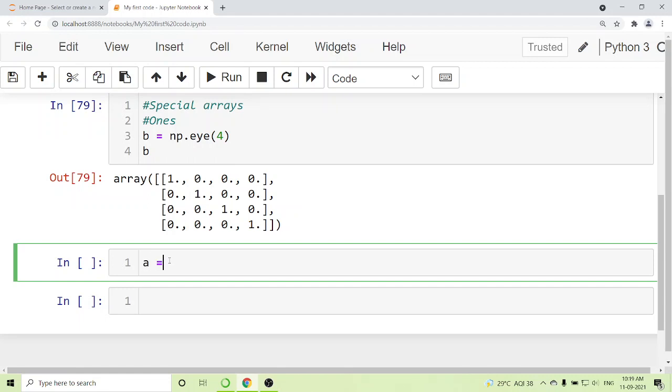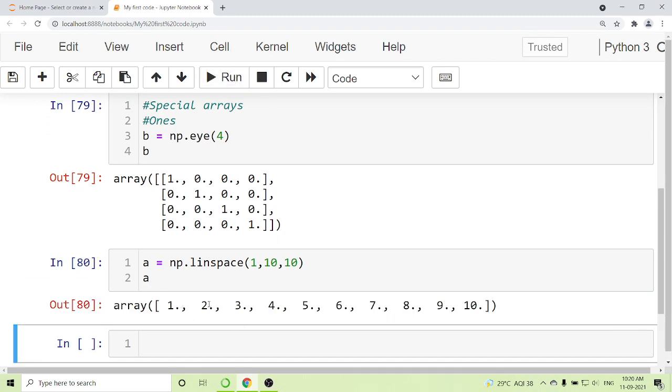Suppose you are having a, np dot linspace, and then you write the starting value, say 1, then the last value, and then the total number of values. So my starting value is 1, my last value is 10, and I want a total of 10 values. Okay,